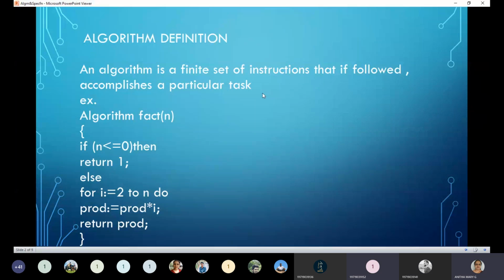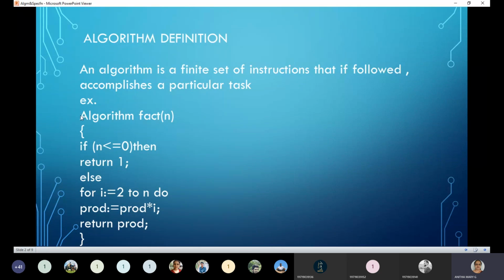Algorithm is a step-by-step procedure. Okay, countable number of instructions or countable number of lines, a fixed number of lines of text, in order to give a solution to a particular problem or task. So that is the definition. I hope all of you are clear with the definition.